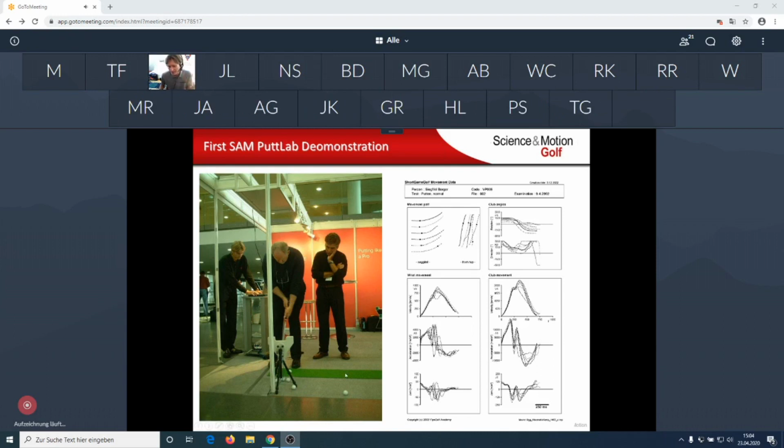Our idea certainly was to present the data and to then ask these experts how they would be able to explain what we have measured. We were coming from a different field of research. I was doing before 20 years of research in movement learning and movement control. So the basis and the background of SAM PuttLab is pretty scientific, and we have put a lot of effort not only into designing a system which is as accurate as possible, we also put a lot of effort into a concept